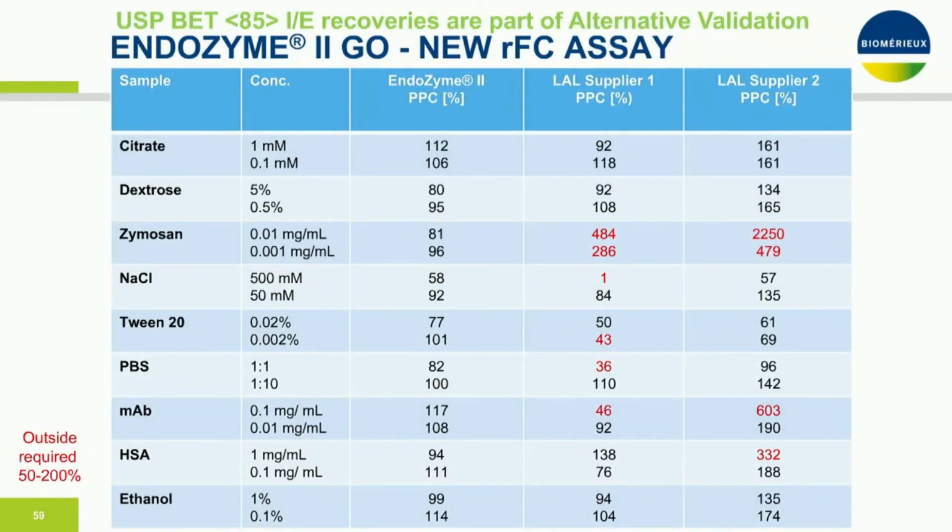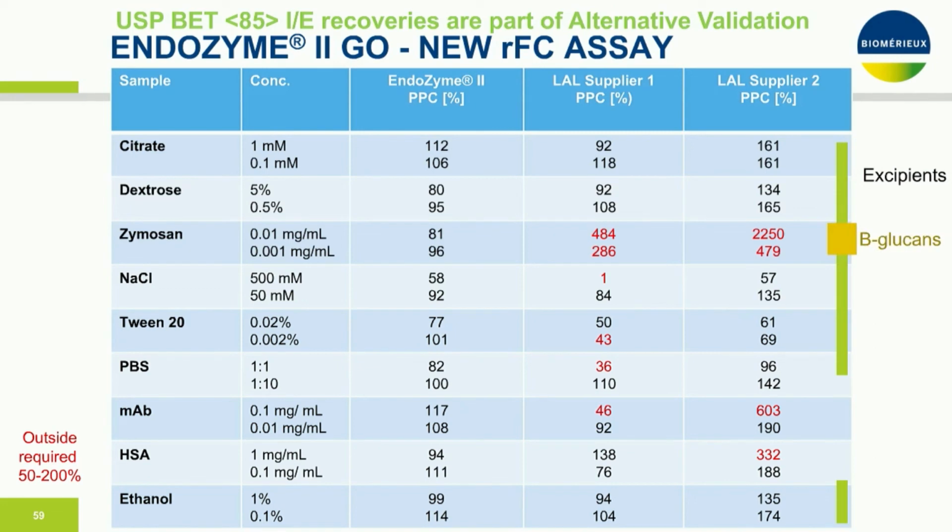And also, since the BET85 is part of the alternative validation, I wanted to show these inhibition enhancement recovery values using different kinds of products. Here are a bunch of excipients that we tested at 2 different concentrations. So you can see sodium chloride, for example, tested at a more concentrated and less concentrated. The plate did a good job of recovering it. Tween,